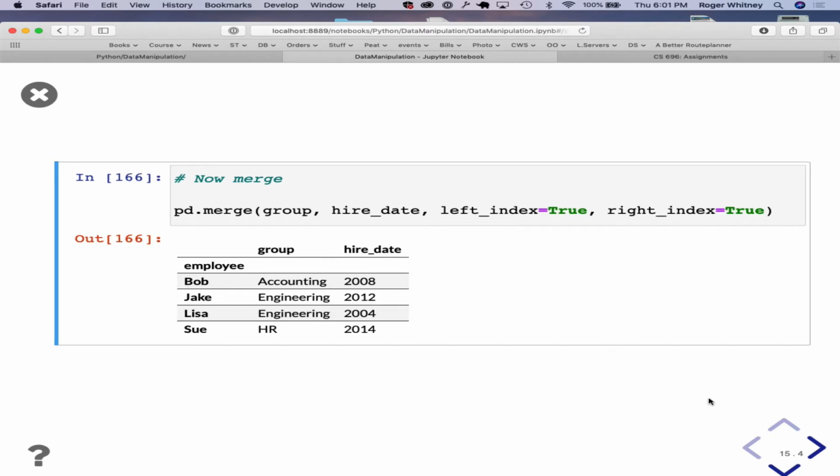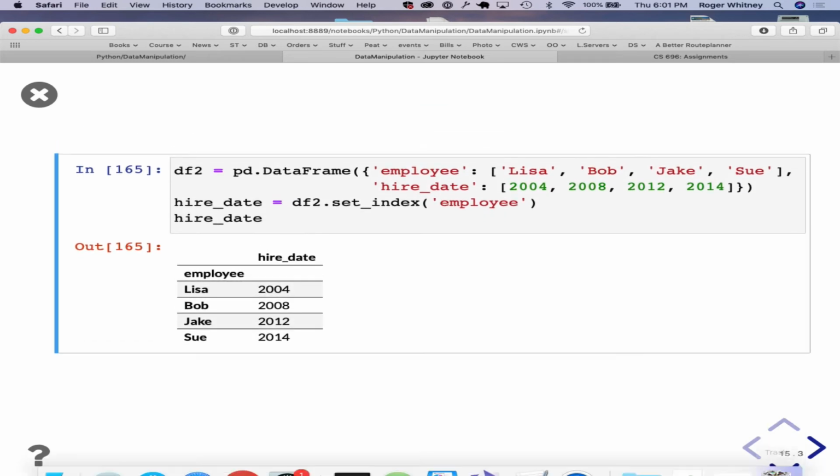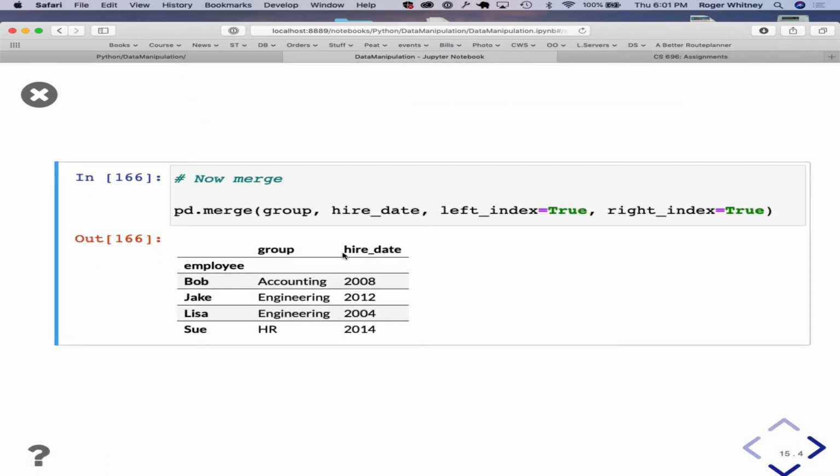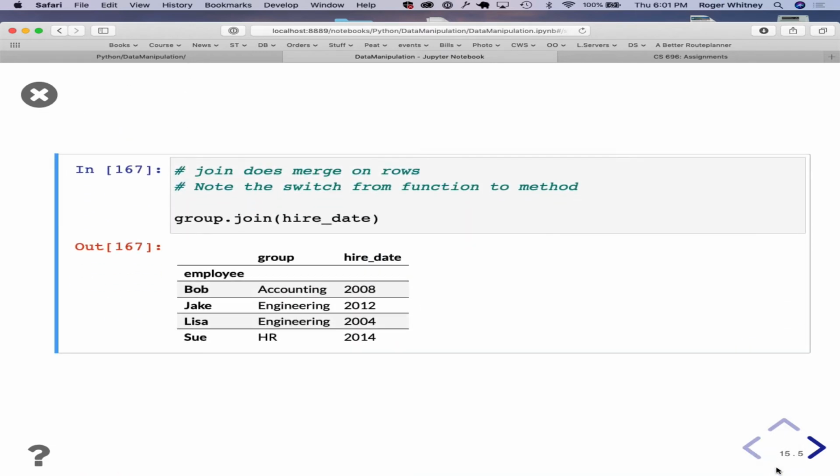And so all of a sudden, I'm keeping the employee as an index, and I'm keeping the group at higher. And a join will do the same thing.